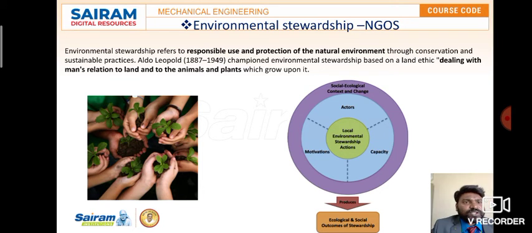So we can see in this picture, what are the things that it is centered around? Local environmental stewardship actions: capacity, motivations, and actors. So three different angles that it is centered around, and social ecological context and change. So this will produce ecological and social outcomes of stewardship. So we can see in the pictures how we nurture, not nature, how we nurture the plants, and so